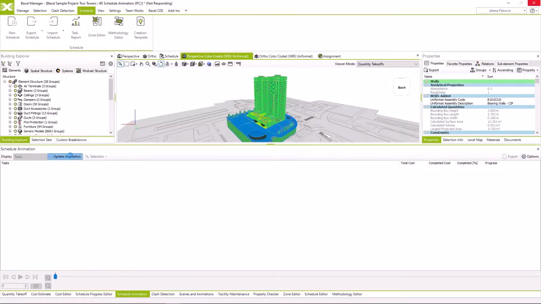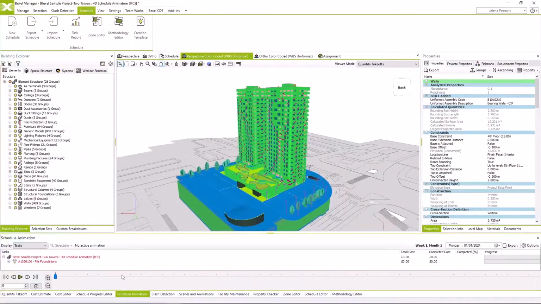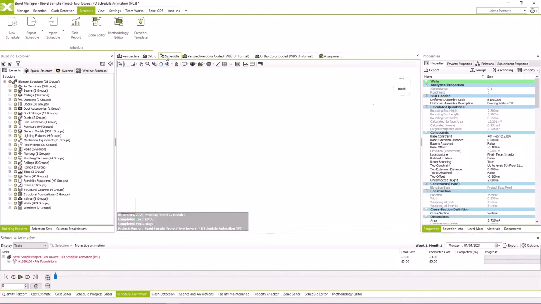Update the animation here, and do not forget to change the view. I usually forget about this action, so change to Schedule View,